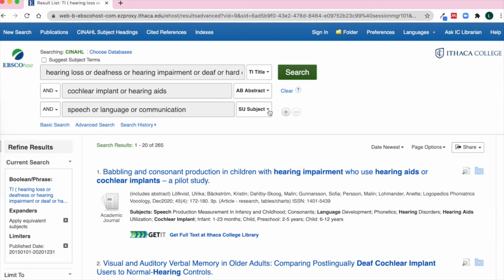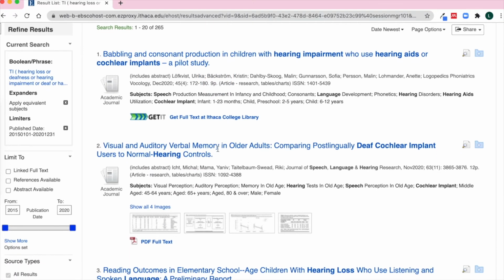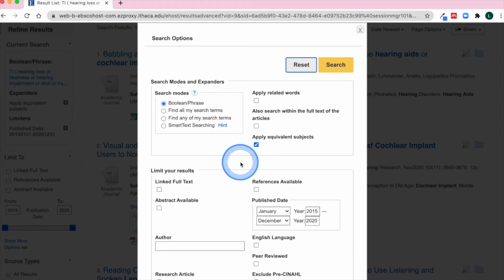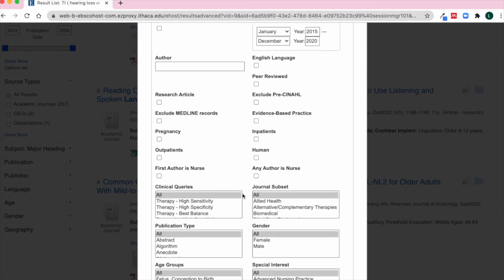Now, one very important part of our PICO question that we haven't added in yet is that we're focusing on children. So if you scroll down just a little bit, right below where it says publication date, you'll see a small link that says show more. If you click on this, you'll get many more options and different ways to filter your results.